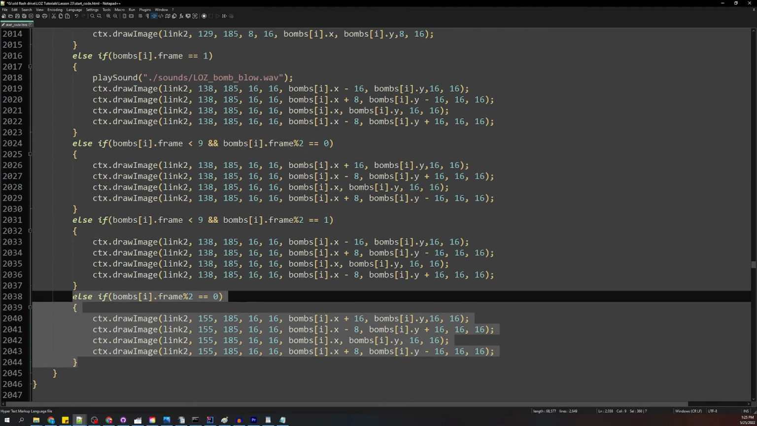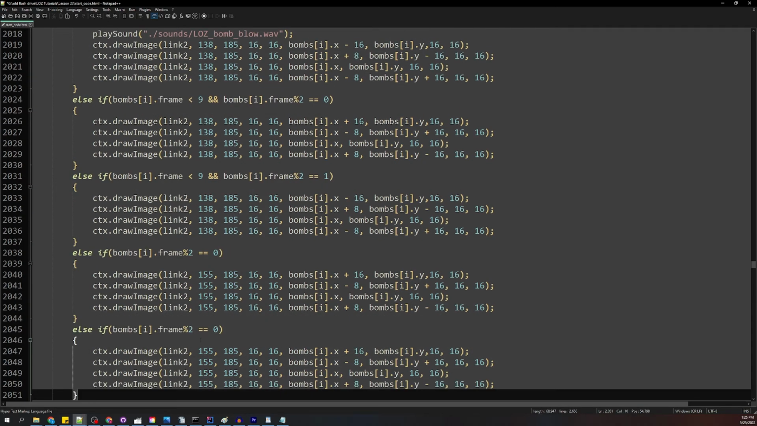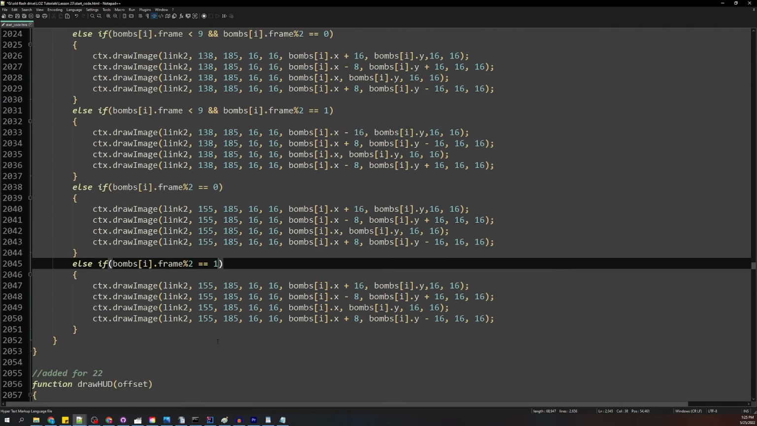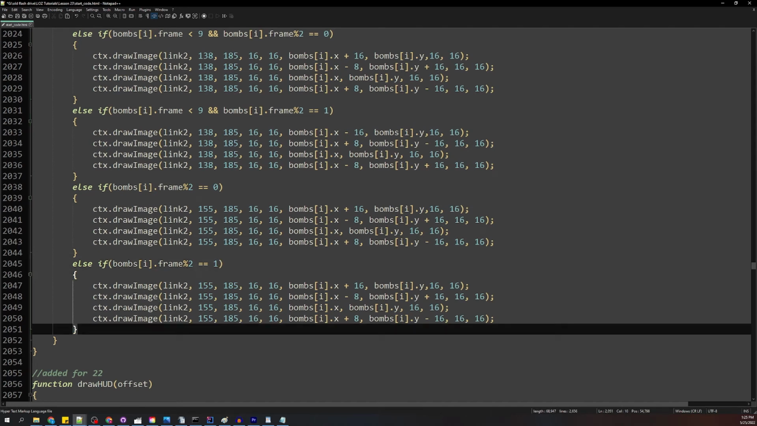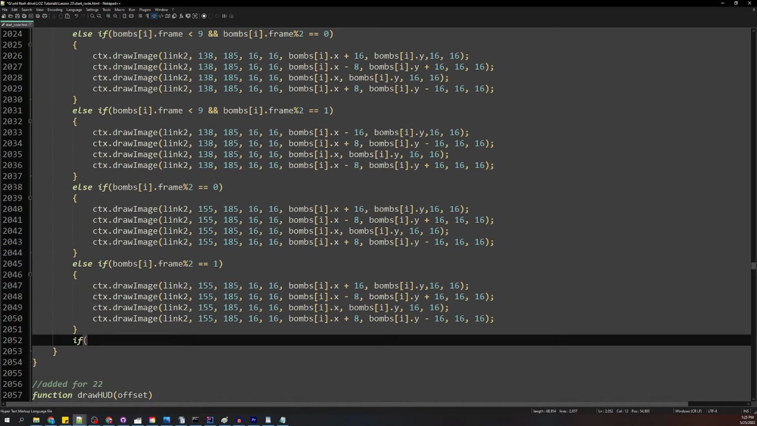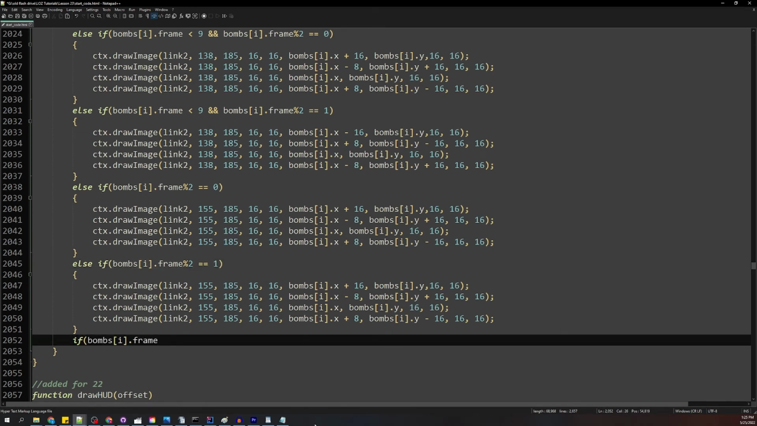I'm just going to copy this. We can just do this, or we could have just made it an else. Down here, we have one condition on if the frame is equal to 16, and I'm just going to add it at the end. If it's equal to 16,